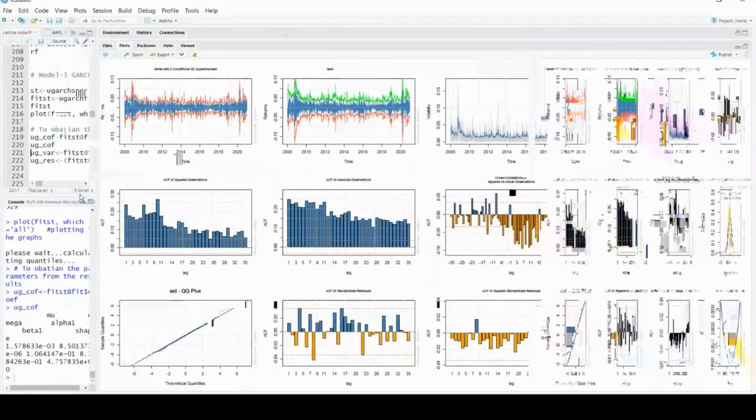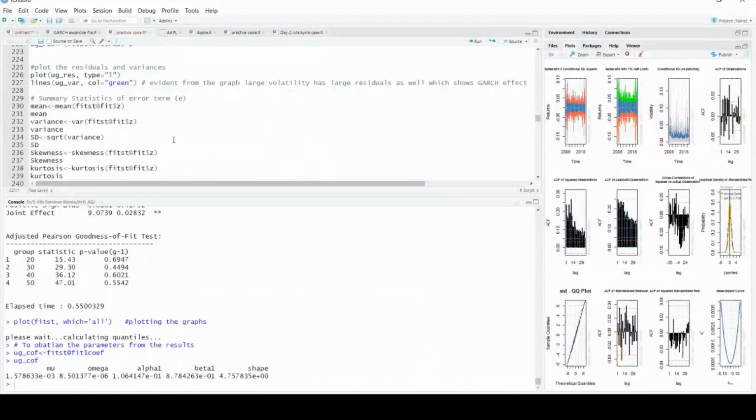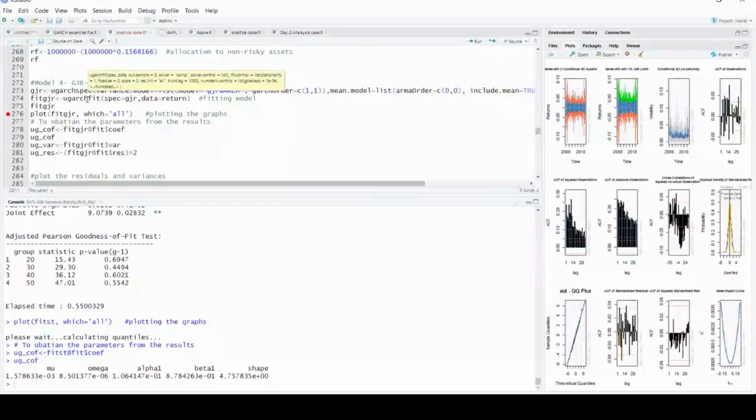And let me take you through the GJR GARCH model, because I wanted to show you the impact of the news impact curve. So far we were using the S-GARCH model and we kept changing the distribution model. But now this is the fourth model, which is called the asymmetric GARCH model, and one variant of the asymmetric GARCH model is the GJR GARCH model. So here, instead of S-GARCH, we would be writing GJR GARCH.